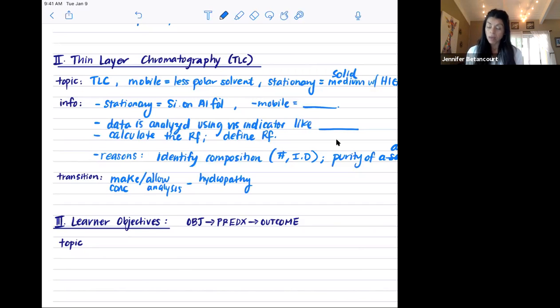So you can make conclusions about the samples you're analyzing. You can make conclusions about their hydropathy, their solubility, and that is important if you're trying to generate drugs. Can it actually get into your cells? Because if it can't, what's the point? It's not absorbed, just pee it out. Okay,